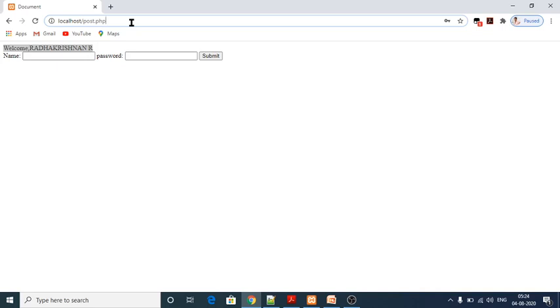Okay, so next one we are going to see what the files are, and with the help of PHP we can open a file, we can read a file, we can close a file, we can write a file, we can append a file, we can upload a file.